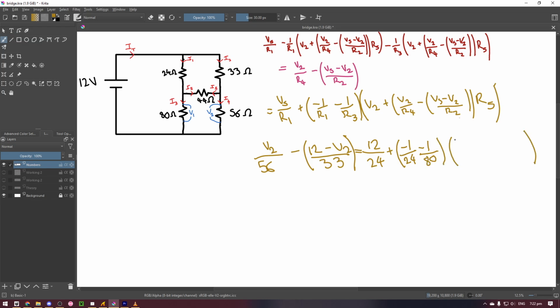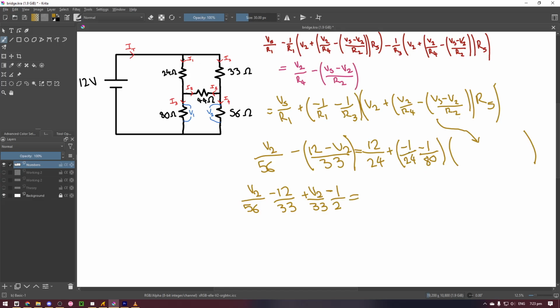And then this whole bracket will go in here, but I'm not writing that right now. The next thing we'll do is expand this bracket and add the values in this bracket. We'll have V2 over 56 minus 12 over 33 plus V2 over 33. And we'll move this 12 over 24 to the other side of the equal sign. So it's minus 1 over 2